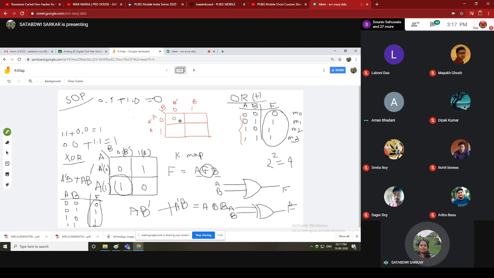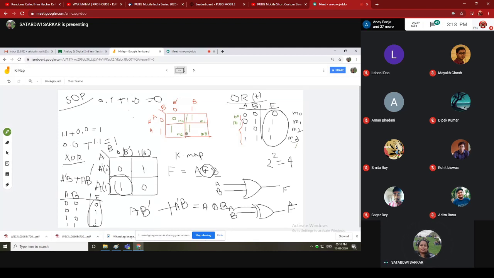In SOP, this cell is called small m0, this is m1, this is m2, and this is m3. We can easily put M0, M1 here, it is written already. For M1 it is 1, so we put 1. For M2 it is 1, so we put 1. For M3 it is 1, so we put 1. Now we have to make a group